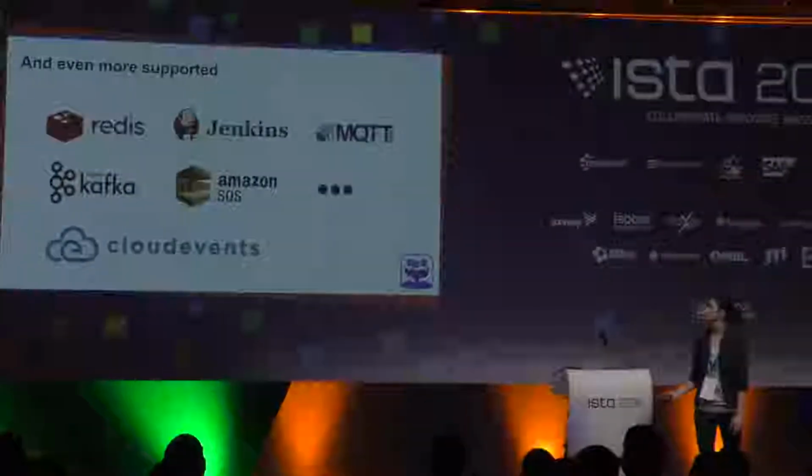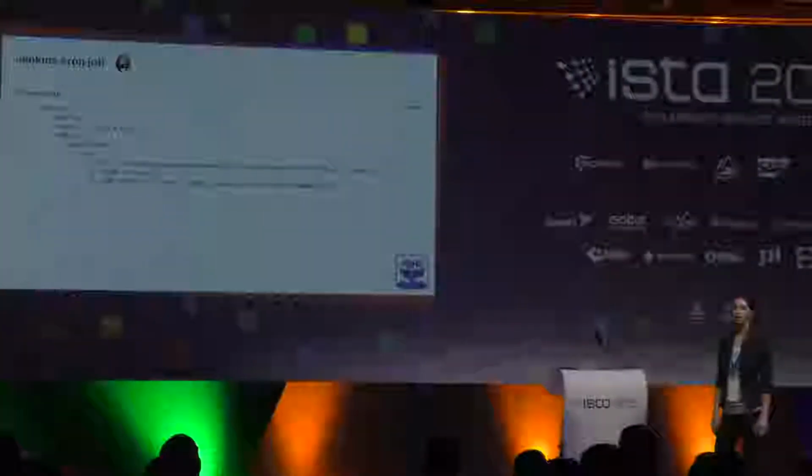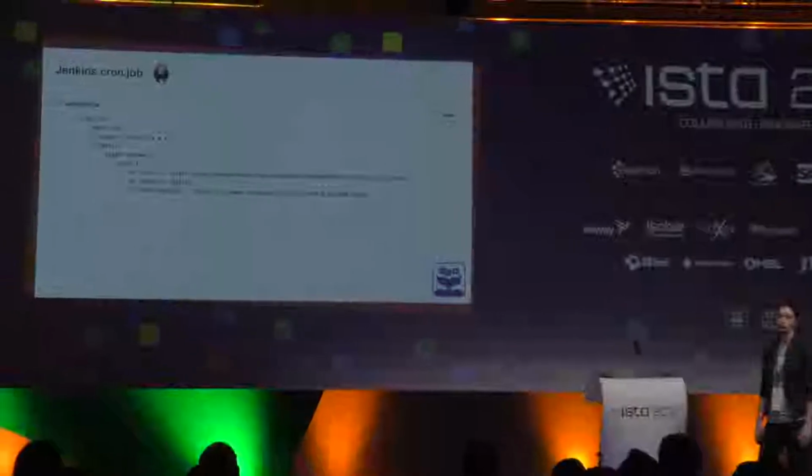You can have a separate solution to work with any event system, and these are other queue systems that our community provided support for. If someone needs a system, they just create their solution and contribute. This is an example of how you can define Jenkins cron job, and it can invoke a function every minute.